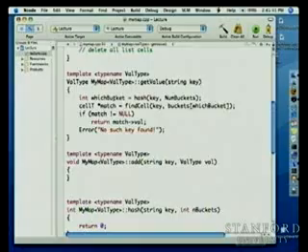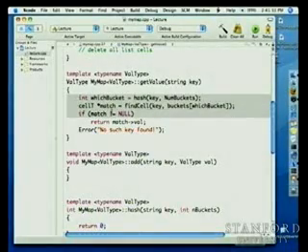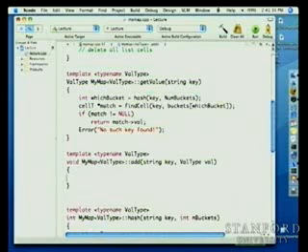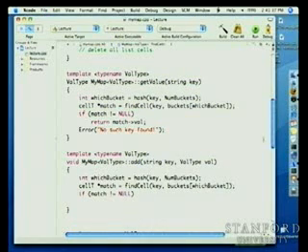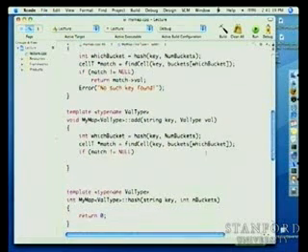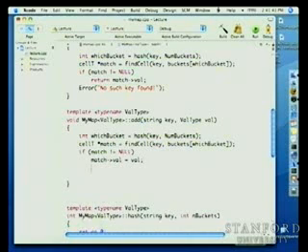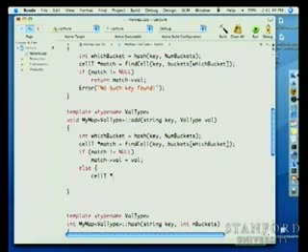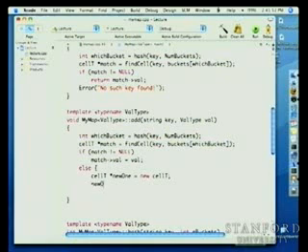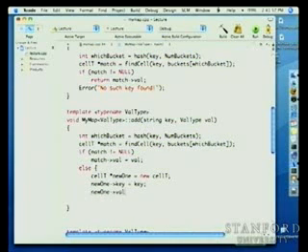Add looks almost exactly the same. I start by getting the bucket, doing the find cell. If it did find it, right, then we overwrite. And then in the second case, right, where we didn't find it, then we need to make ourselves a new cell, copy in the key, copy in the value,